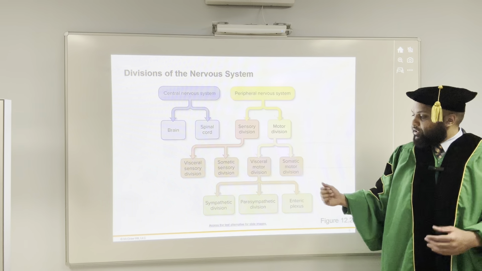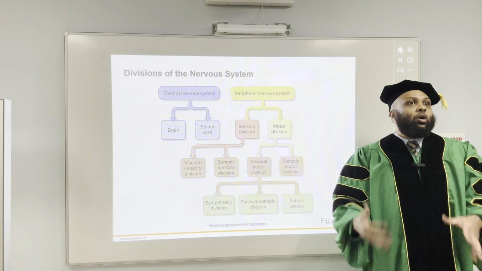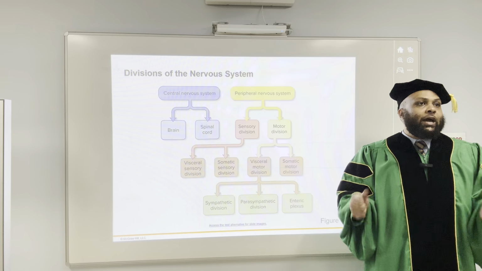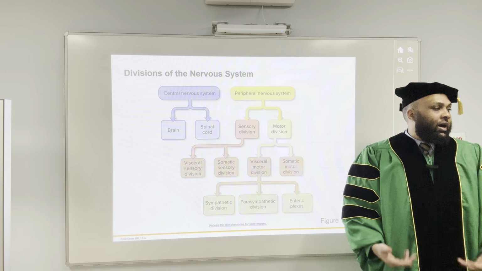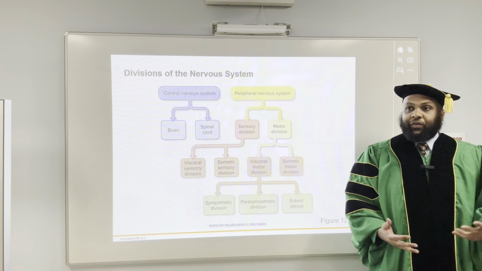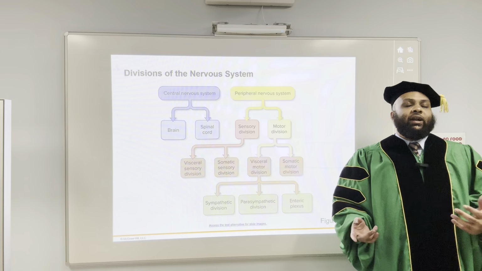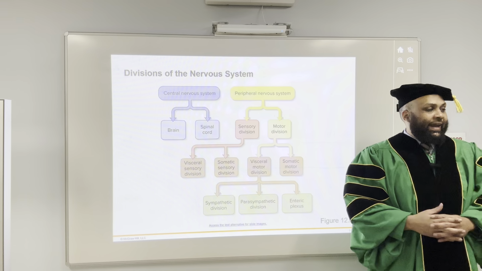The autonomic is divided into sympathetic, fight or flight, survival, fight for my life, blood pressure going up, heart rate going up, contractility going up, cardiac output going up, stroke volume going up, because I want to survive. I want to give as much oxygen to my muscles for metabolism so I can run and survive. And the parasympathetic, rest and digest. I had a nice meal, I lay on the couch, I sleep. Or the enteric. What's the enteric system? That's a whole autonomic nervous system responsible for your digestive system.